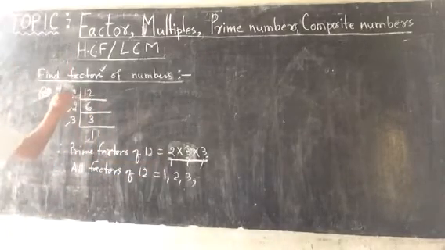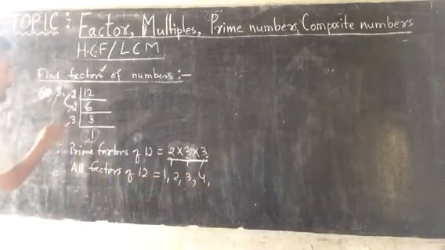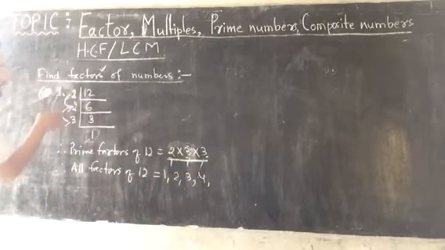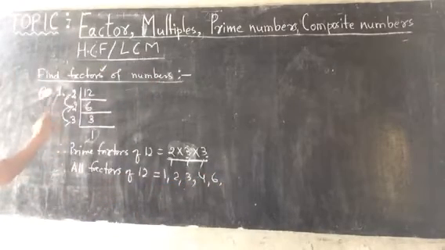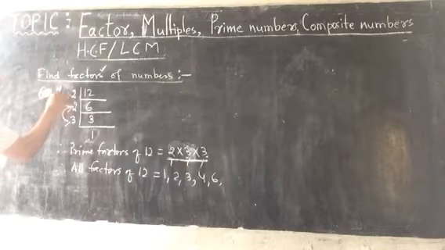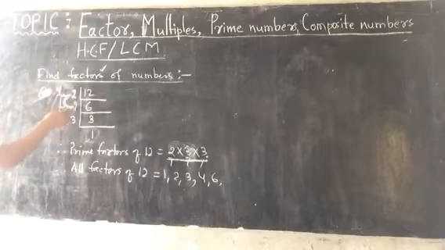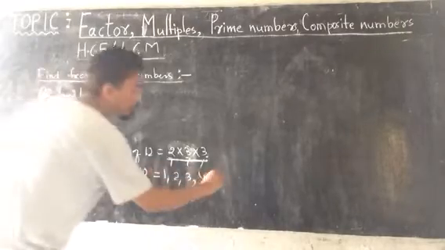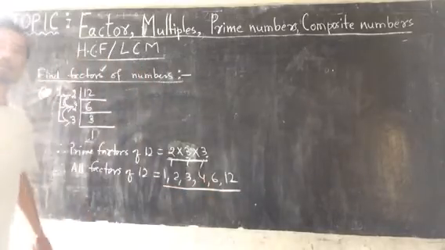After that, you multiply these two. 2 2s are 4. Then you multiply these two. 2 3s are 6. Okay? Then, the only 3 are there. Now you multiply these 3 together. 2 you have multiplied. Now all 3 you have to multiply. 2 2s are 4, 4 3s are 12. So these are all the factors of 12.